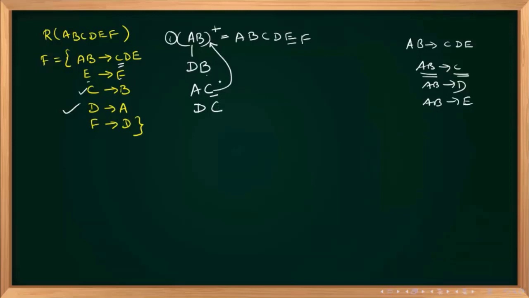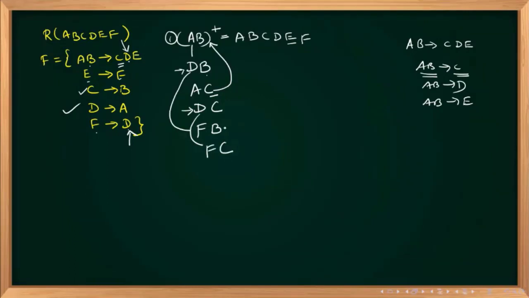So A, B, C are over. Now D is there. Here D is there, and here D is there. Instead of D, can I substitute? Instead of D in these two places, see, this one and this one. Instead of this D, I can substitute AB. Instead of this D, I can substitute F. If instead of the first D I substitute AB, I'll get the original AB, so I will not do that. So I'll come to the second D. Instead of the second D, I can substitute F. So what will I get? Instead of this D, F, B, and instead of this B, F, C.